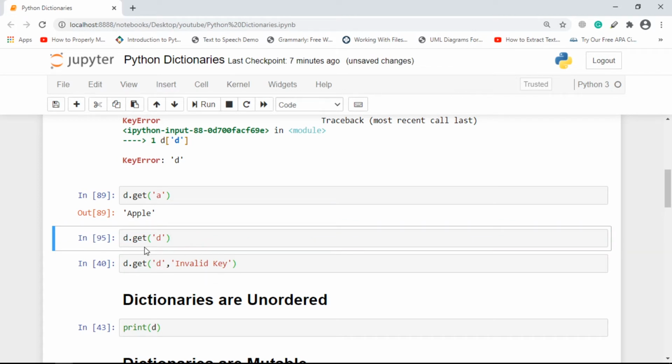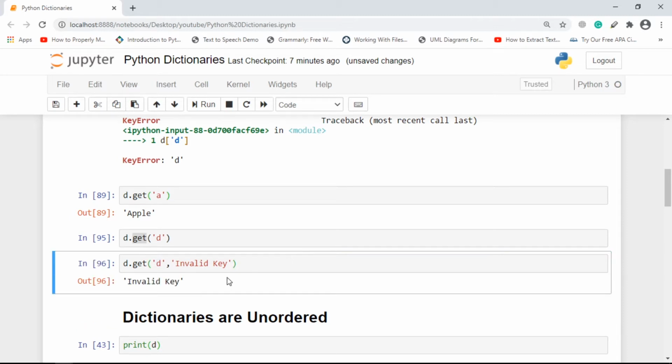One more feature of using get is that you can also specify that if the particular key is not present inside the dictionary, then instead of returning nothing, return this particular thing. As the key D is not present, it will return this. It could be anything.